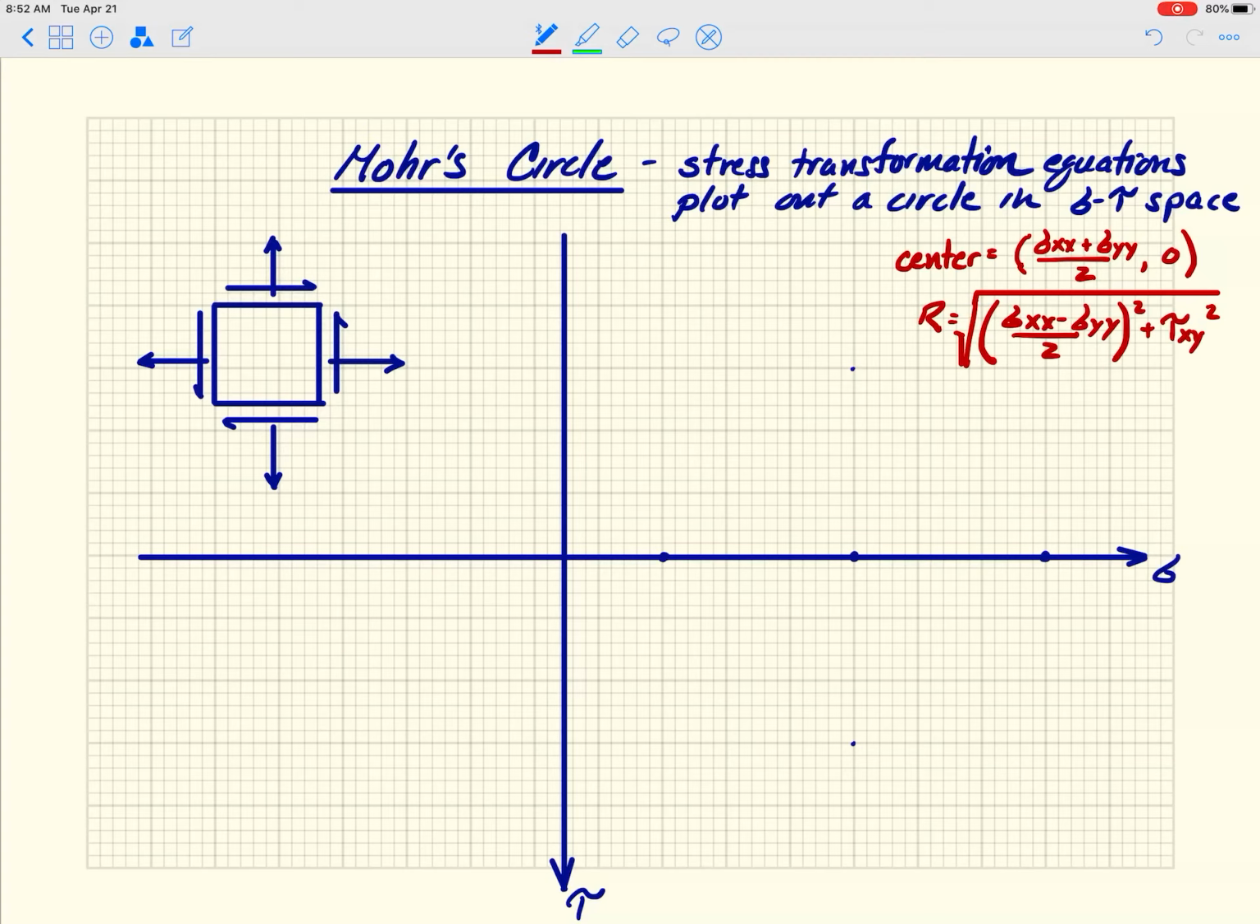So effectively what you can do is go ahead and plot it, let me do it in blue to start. Let's say this is the center, sigma average, 0. And then we're going to get some radius here. Let's say it goes to this point here, that's going to be r. And then, given the center of the circle and the radius,